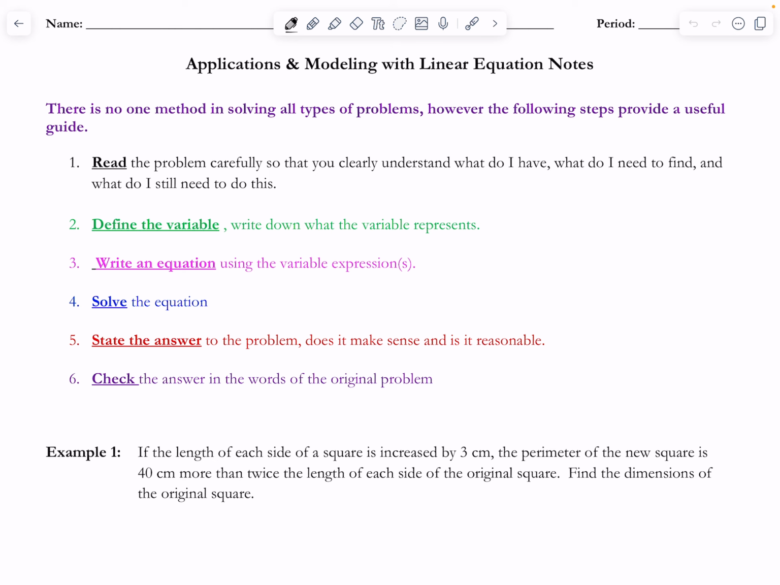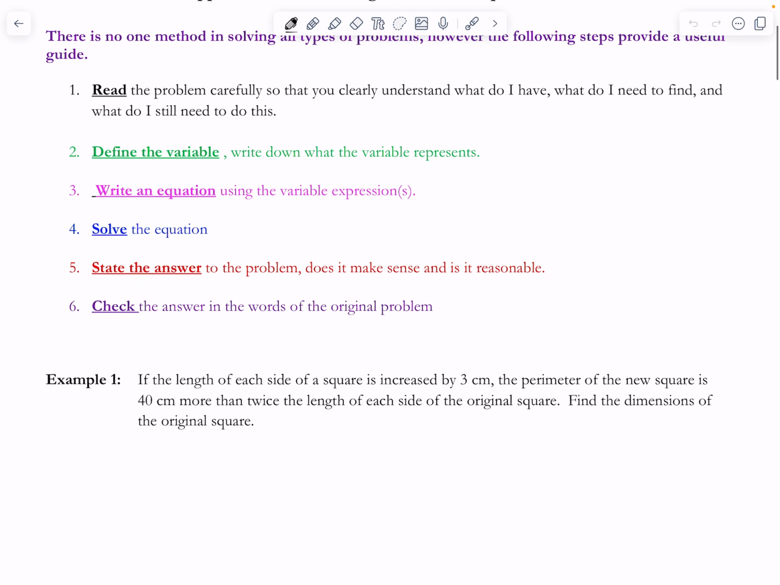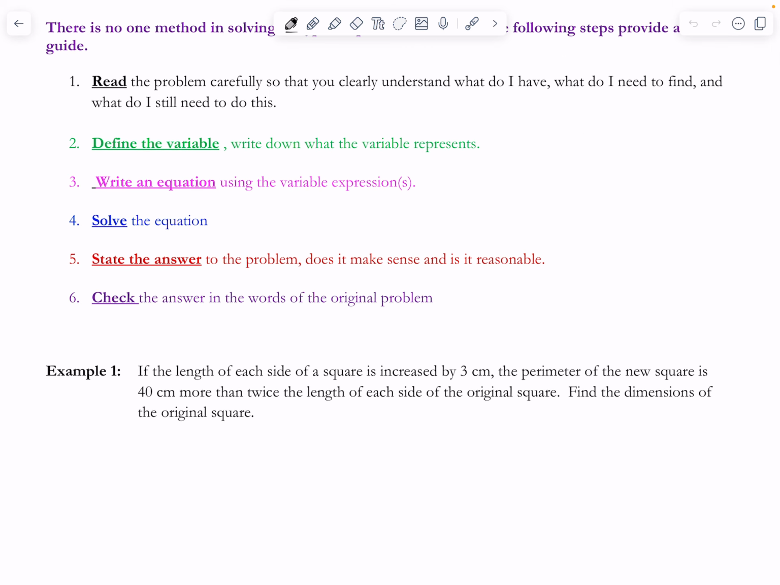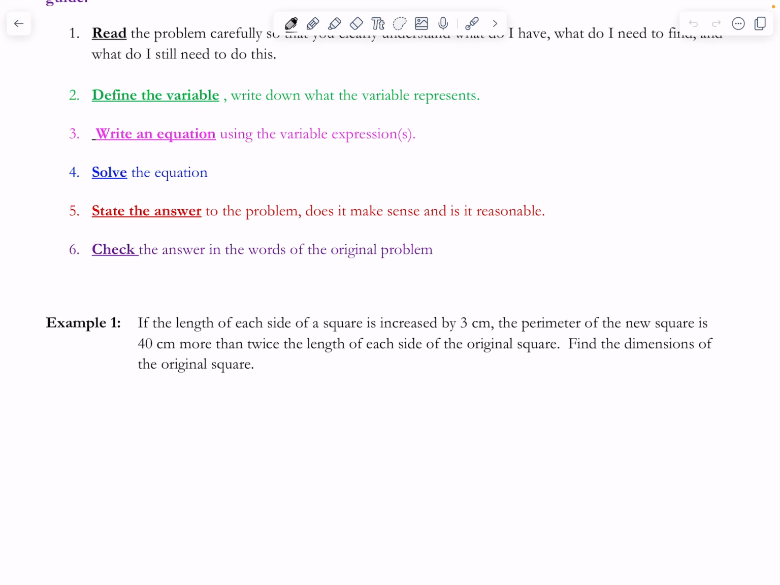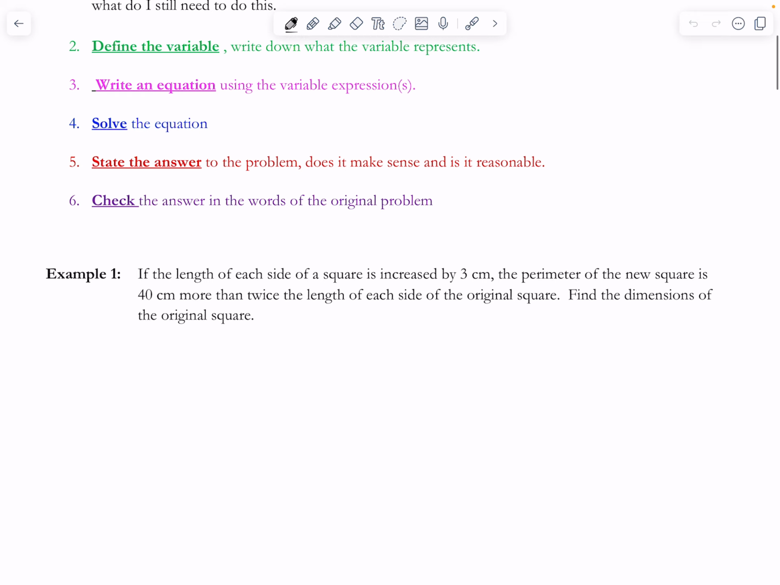Okay, so the first one, it says, if the length of each side of a square is increased by 3 centimeters, the perimeter of the new square is 40 centimeters more than twice the length of each side of the original square. All right, so there's a lot going on there. So my brain first just thought, okay, so we have a square, and this is the original square with side s. All right, and what they've done is they've taken each side of the square and increased it by 3 centimeters. So I'm going to first write, let s